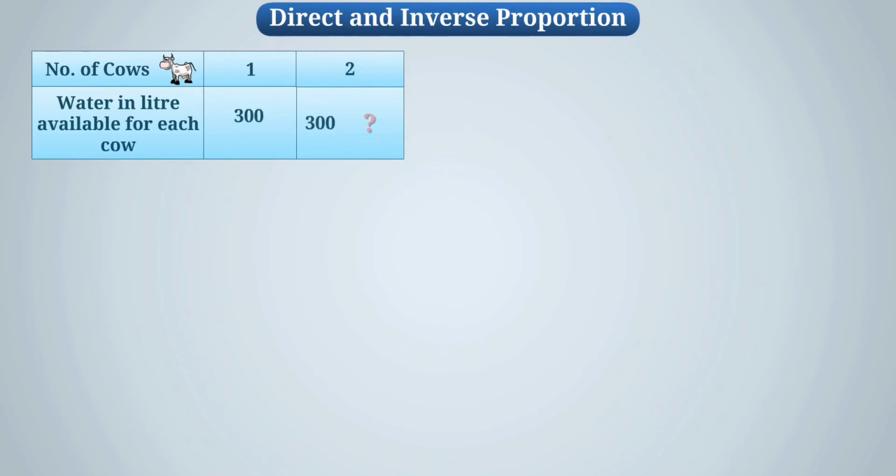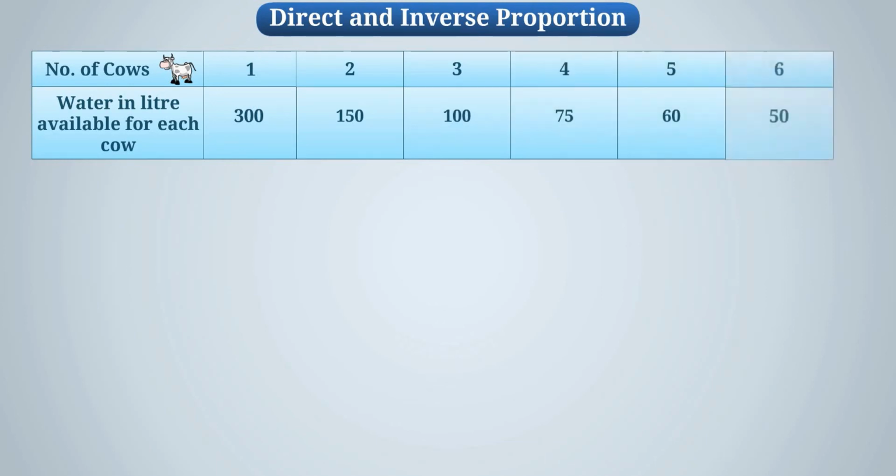Will the same amount of water be available for each cow? No. Now, water available for each cow will be half of total water, that is 150 liters. If there are 3 cows, then water available for each cow will be 300 by 3, that is 100 liters,